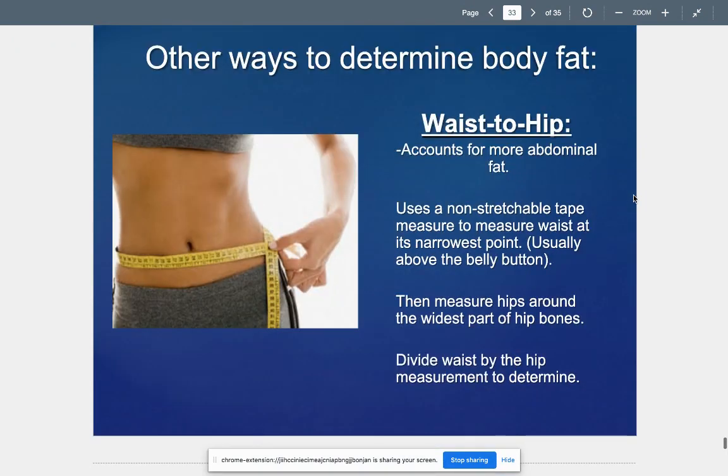So some other ways to determine body fat is waist to hip. It accounts for more of your abdominal fat. So right there in that tummy. It uses a non-stretchable tape measure to measure waist at its narrowest point, usually just above the belly button. Then you measure your hips around the widest part of your hip bones. You divide waist by the hip measurement to determine